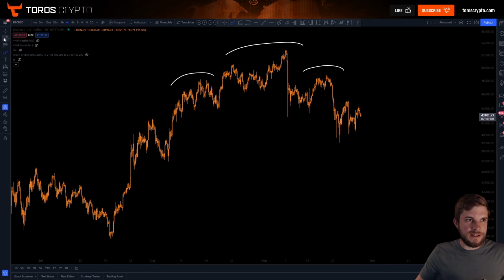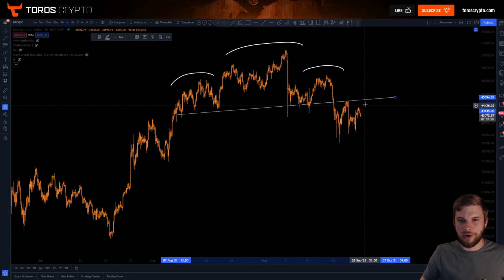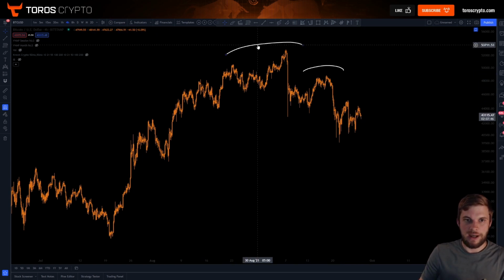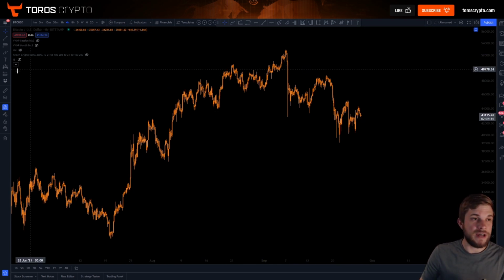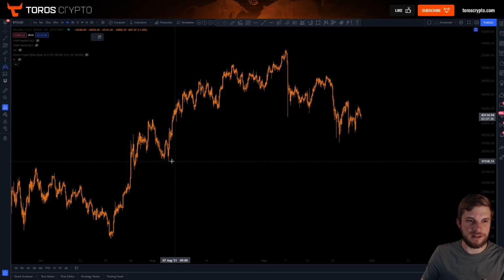So you'll be looking at this as maybe having a neckline that starts from around here, comes up to here, and you can see this as being slightly uptrending, and then you get a test of this neckline before another move down. Okay, so this is just the very basic head and shoulders pattern. Again, if you do have TradingView, you can go onto your toolbar on the left hand side, pull up your head and shoulders pattern and start to draw this out. So you can go from this low